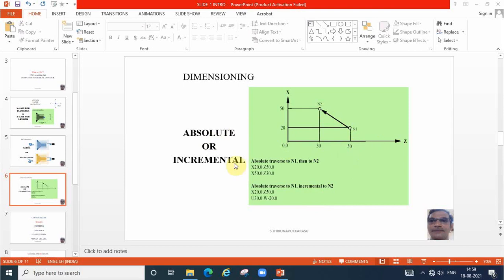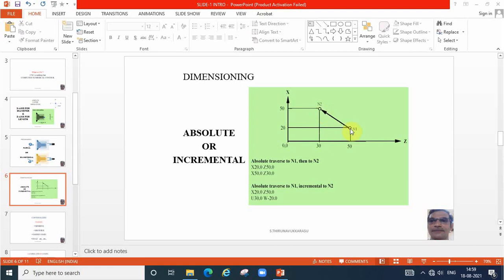Whereas in incremental, say n1 is the cutter position now, and the tool is moving to n2, point number 1 and point number 2. This is the cutter movement. What is the coordinate point at n1? Simply we can say the x value is 20 and the z value is 50. Now the cutter is at n2. What is the coordinate point at this point?